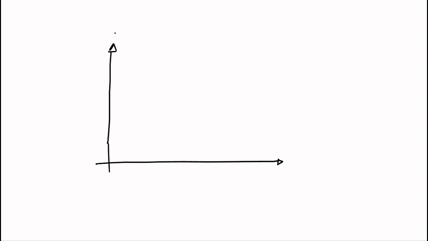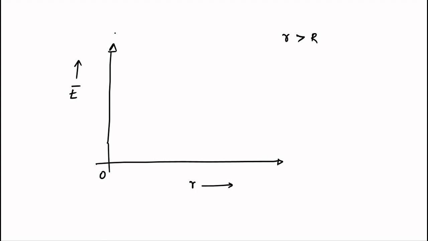On the x-axis we have small r, which is the distance from the center O, and on the y-axis we have the electric field. So as you can see, for outside the shell, that is small r is greater than capital